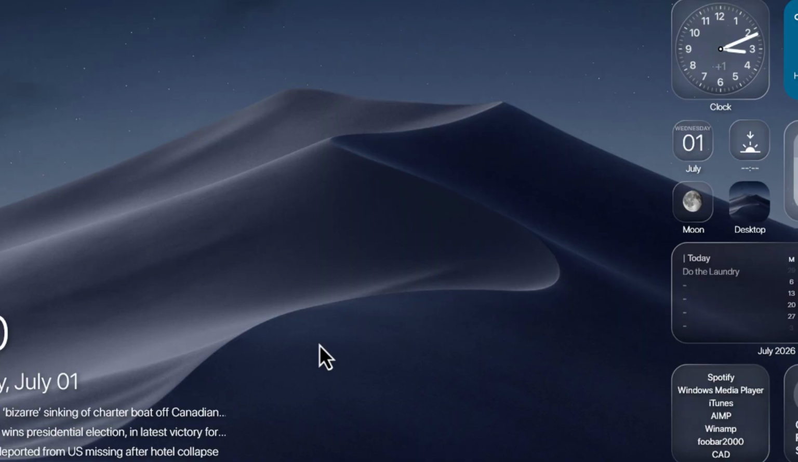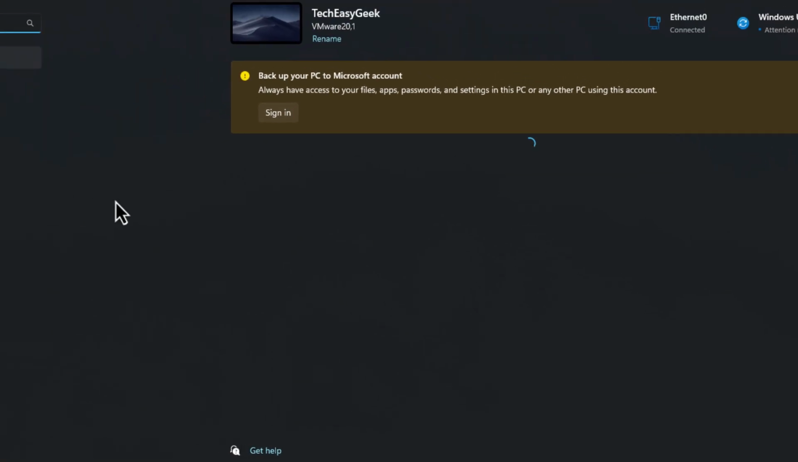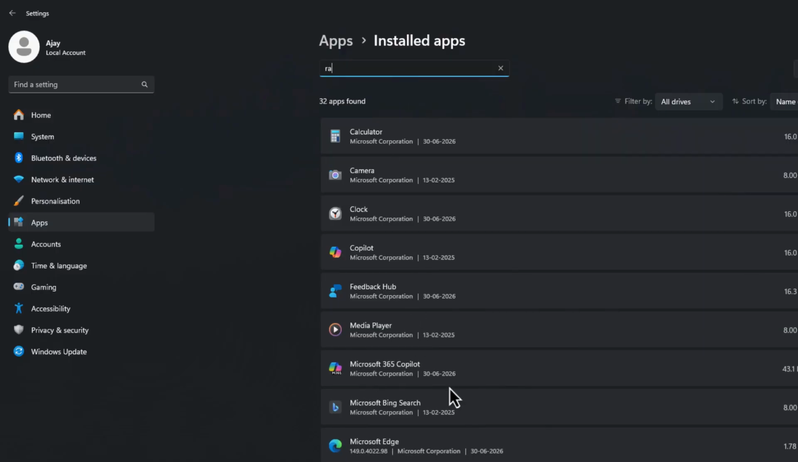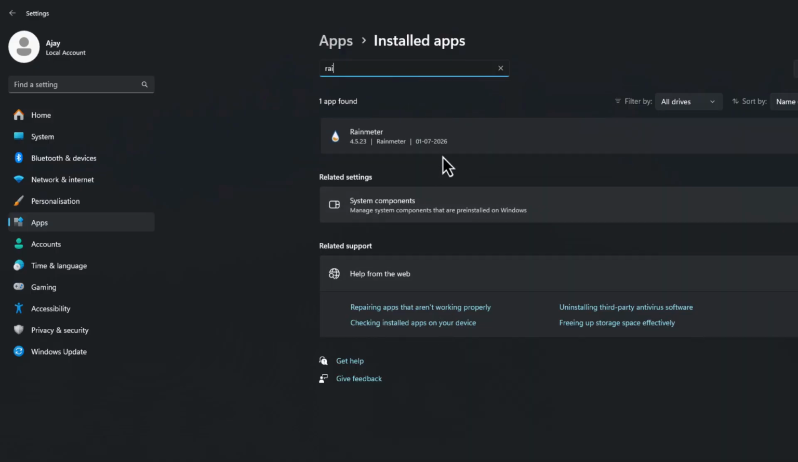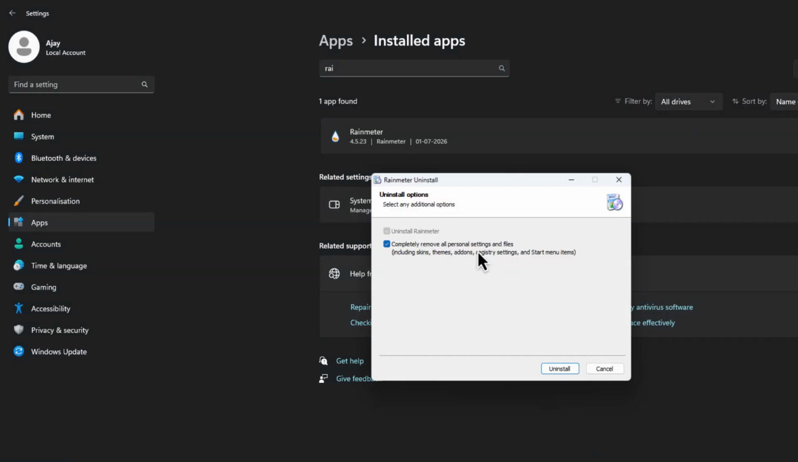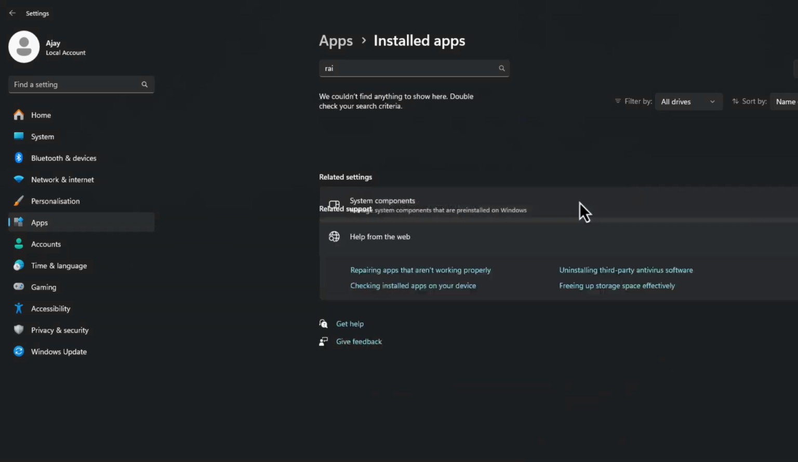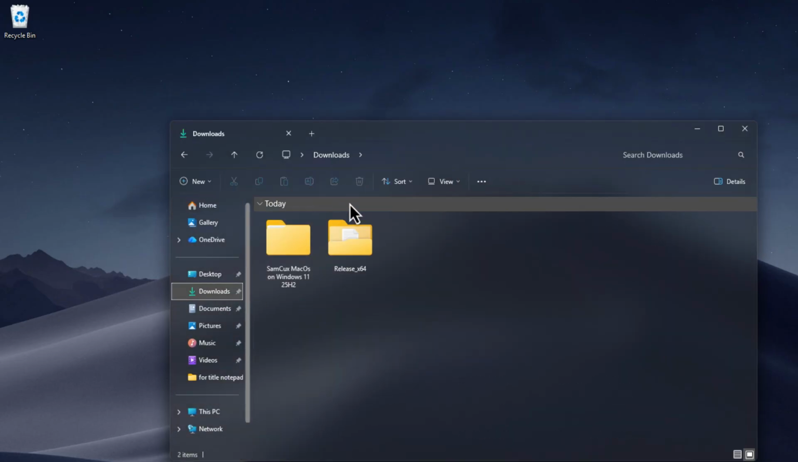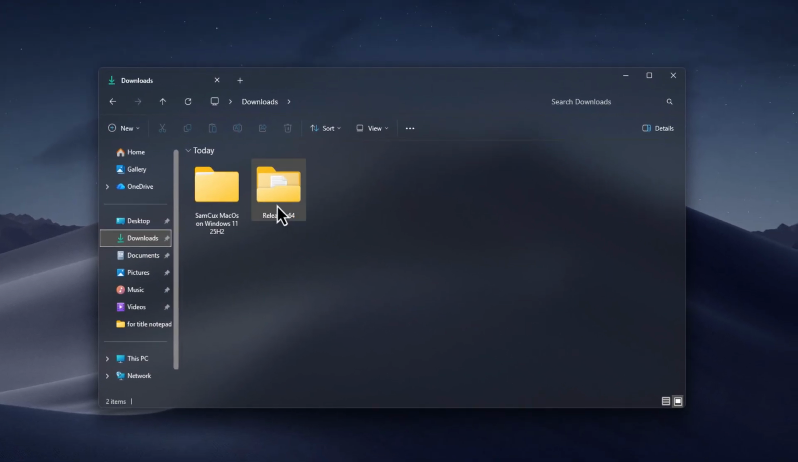Press Windows key and I key together to open up settings. Go to apps, go to installed apps, find Rainmeter. Click on the three dot icon and select uninstall. Select yes option. Select completely remove and select uninstall. Completed. Close this here and the final thing you need to do, just reboot the Explorer, go to